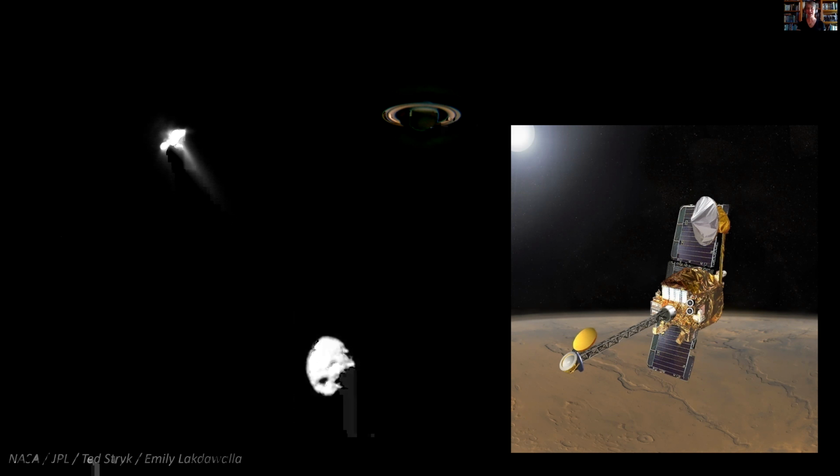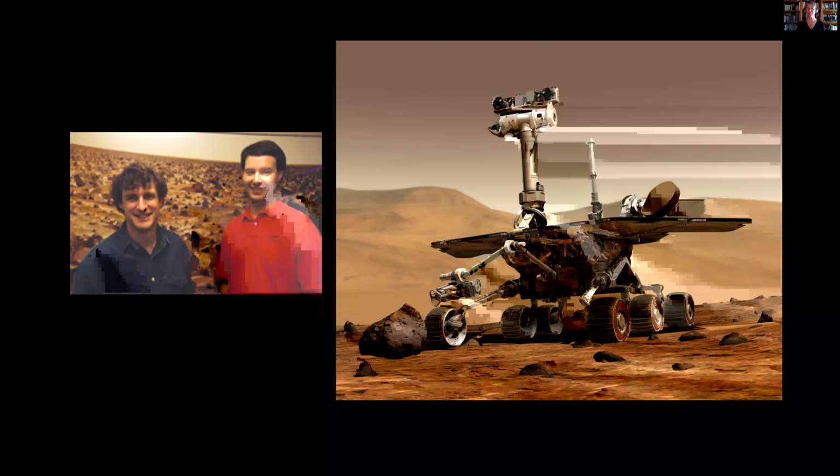Something happened that year also behind the scenes that would revolutionize public communication of space exploration. That's when these two young guys, Steve Squyres on the left and Jim Bell on the right, decided that they wanted to post all of the images from the Mars Exploration Rover mission onto the internet as soon as they hit Earth. They wanted to make it part of the data pipeline, that when the images came into JPL, into the image processing laboratory there, there would be an automated process that would spit them out onto the web right away.